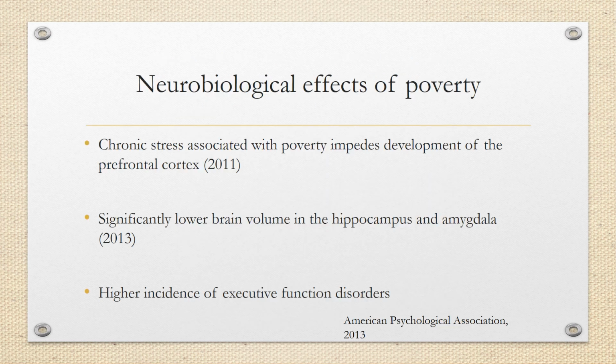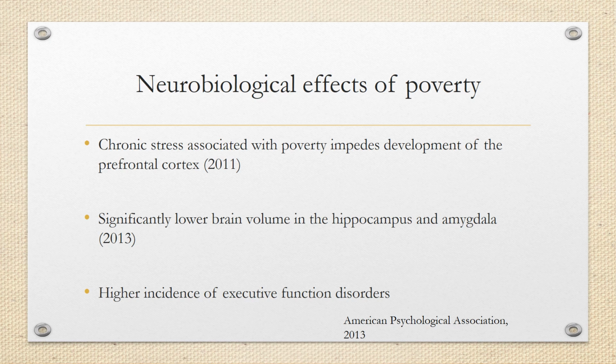What this means is in settings where there's a lot of poverty and kids don't trust that if they work towards a goal, they will receive the benefits of that work, we find that kids have more difficulty with focusing on a goal and working towards it, or they tend to take what's in front of them at the time. And chronic stress then is associated with poverty.